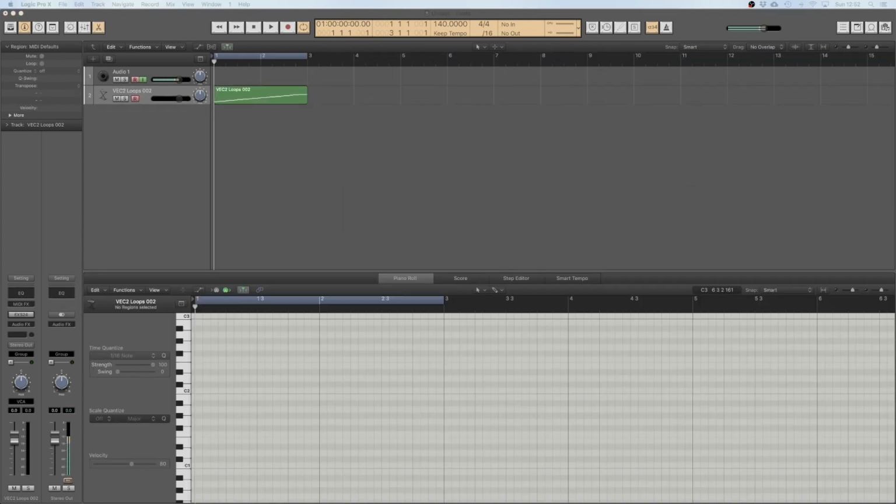So the loop itself now is in EXS24 and it'll essentially play exactly the same just at the moment, still quite washy, and what we want to do is to use the amp and filter envelopes to be able to make the sound more choppy and give it real extra drive and clarity. So the first thing to take a look at, if we head into EXS24,